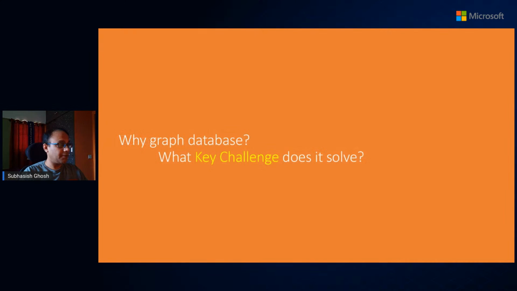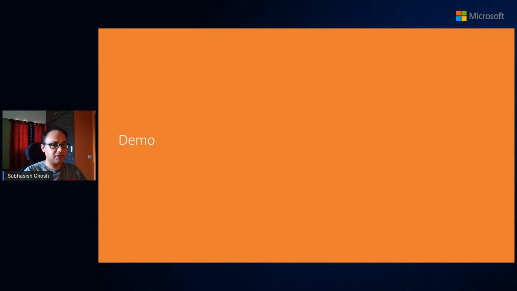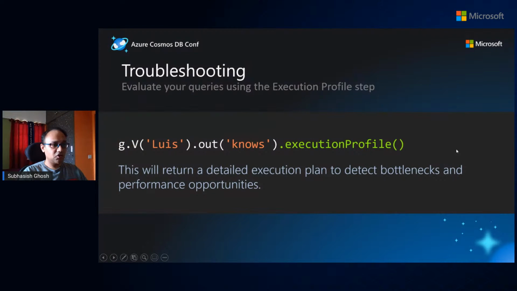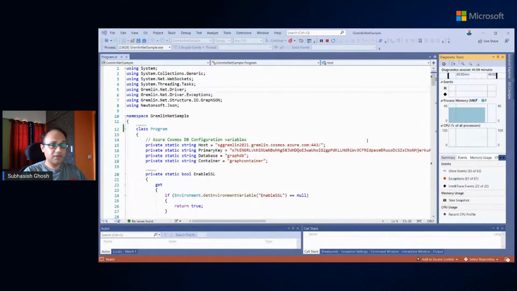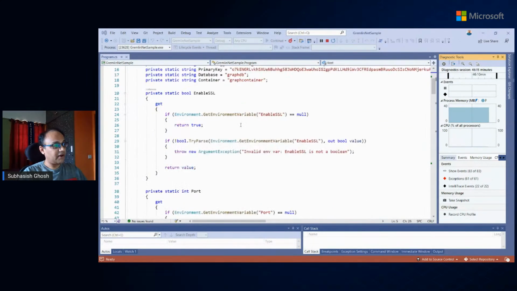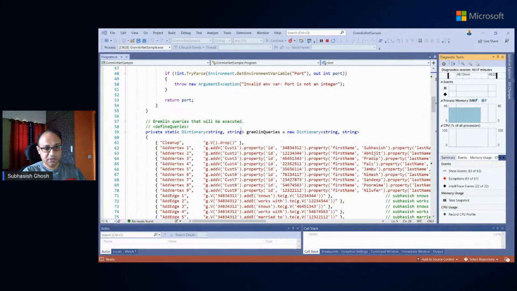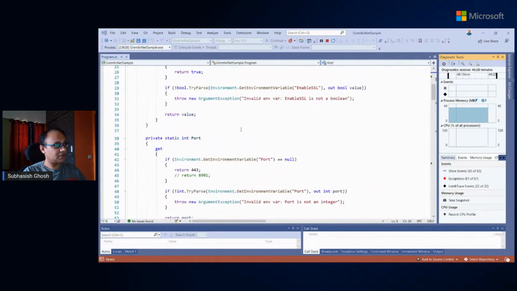Azure Cosmos DB Gremlin API. Since 80% of the query traversals were using edges, we wanted to understand and also show the customer the value prop of the Gremlin API of Azure Cosmos DB. So let's quickly take a look at some of the key points so that it's clear. I'll show you a sample code which very much represents the customer use case, but this is not the exact customer code, just for a pointer.